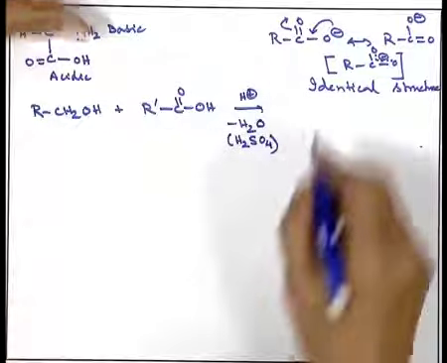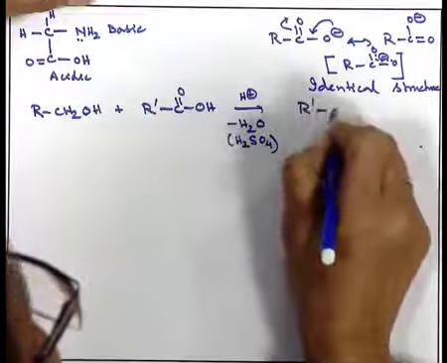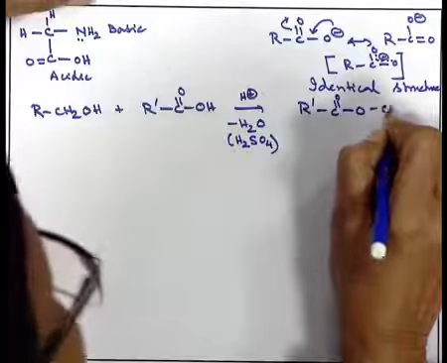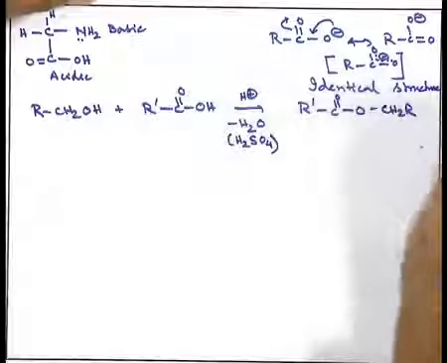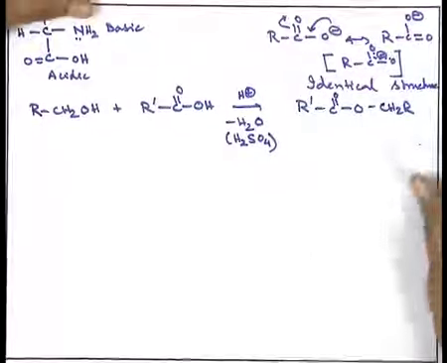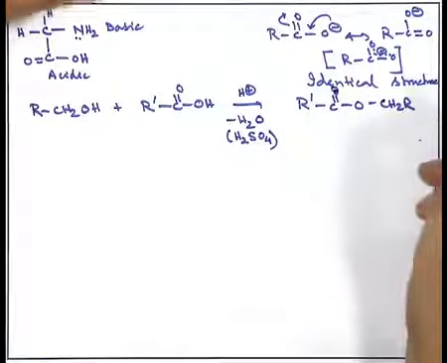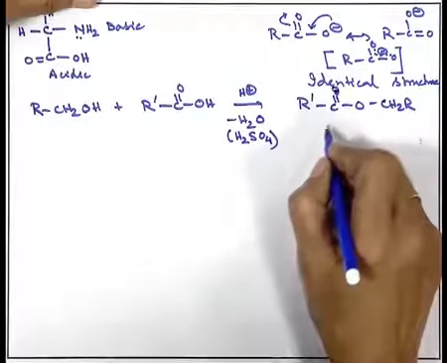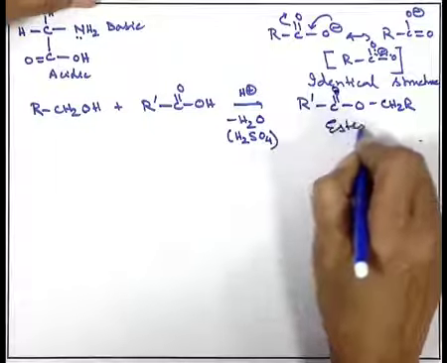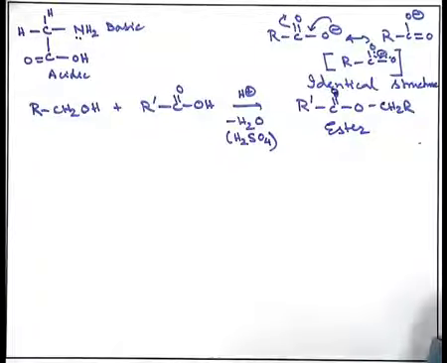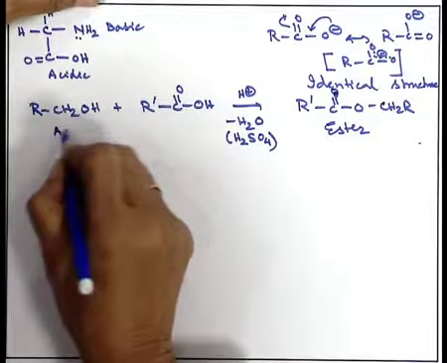We end up with a compound that is R1 COO CH2 R. What is this? Now, this compound has a carbonyl group and OCH2R also. So, this type of compound is called an ester, mostly sweet smelling. So, this ester functionality is a very important feature for an alcohol and a carboxylic acid.